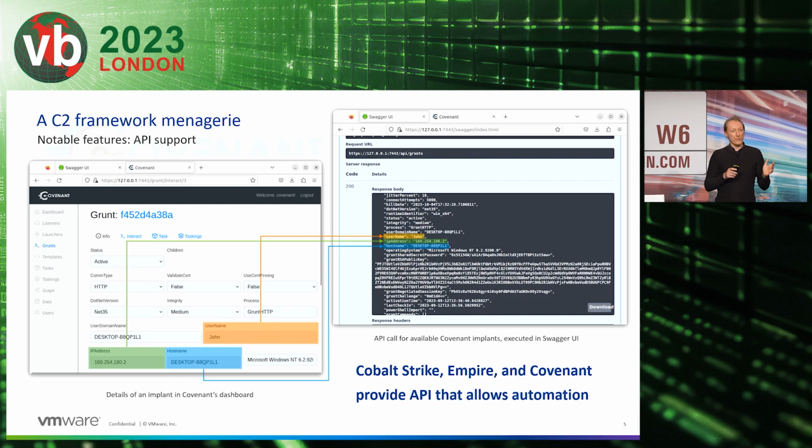Why would anyone use a certain C2 framework over the other? Cobalt Strike, Empire, and Covenant provide an API that allows automation. Cobalt Strike has a very well-documented scripting language called Aggressor Script. Empire supports a RESTful API through JSON-based HTTP requests. And Covenant, which is on this slide,